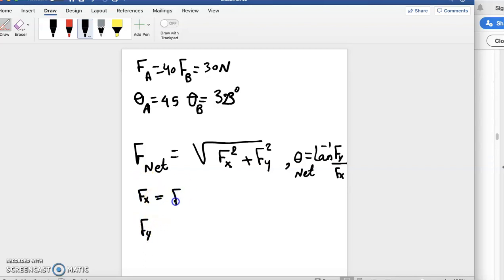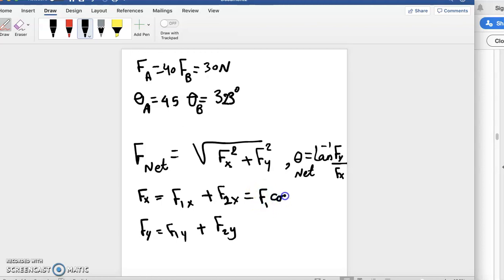If you recall, it is F1x plus f2x, and this is f1y plus f2y. Do you remember? And since we choose the proper angles, which are counterclockwise with respect to the positive x-axis, I can simply